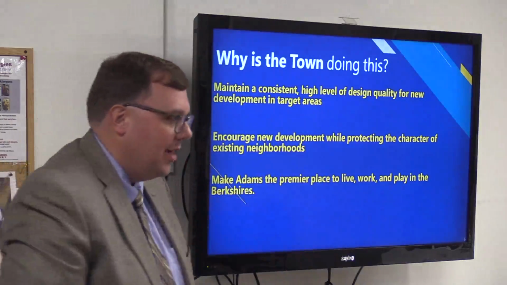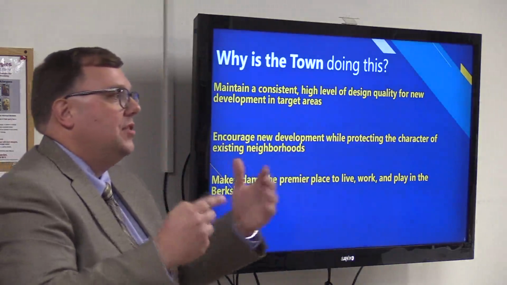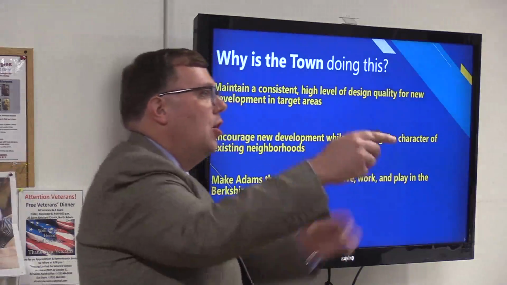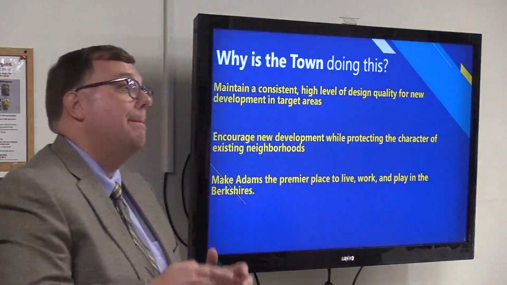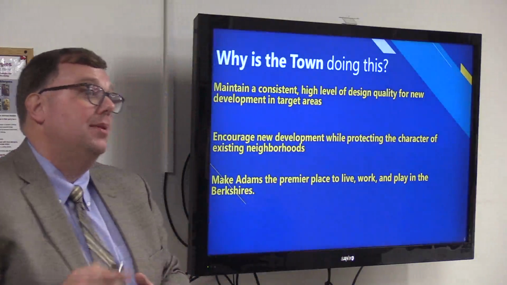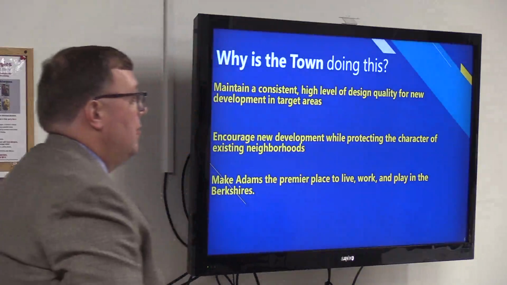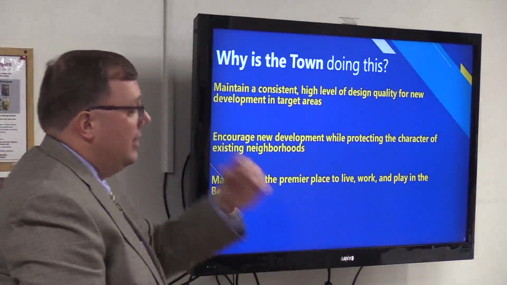George says, I want this project. We can't say no as a community. It's by right. Housing can go onto this parcel that we've identified. But that doesn't mean it can just be built without a level of review. So Don, do you want to explain a little bit about that review process